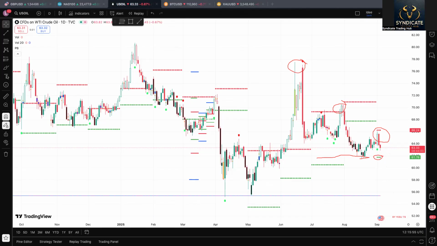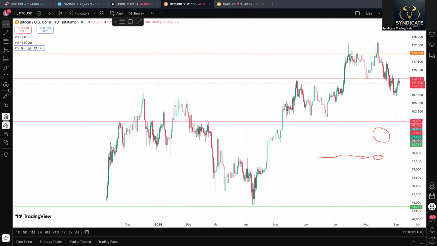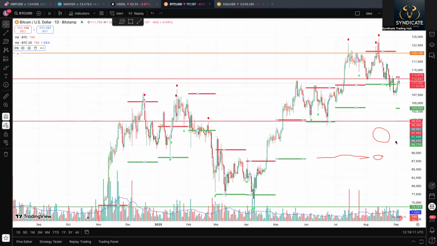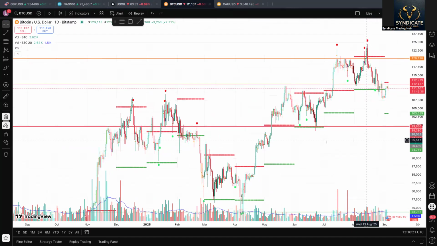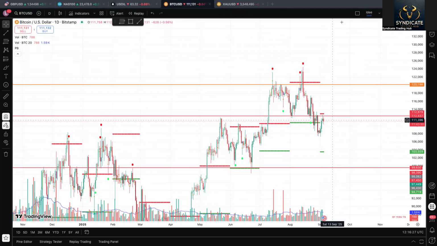Okay. So that is it for oil. So we go on to Bitcoin. We are going to Bitcoin to see what is happening on Bitcoin. And on Bitcoin, we also have a similar bearish price action. Hold on for a minute. Let me show you. Okay, we have a similar bearish price action, and Bitcoin was supposed to reject at